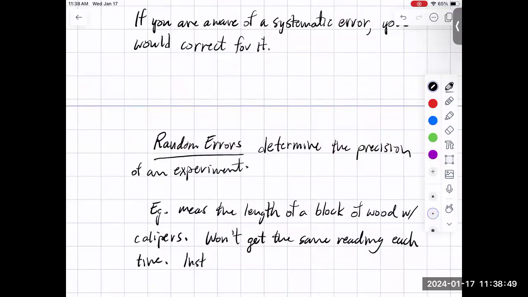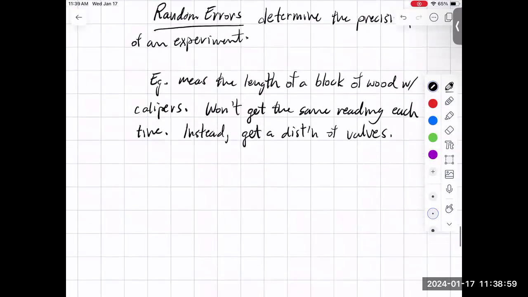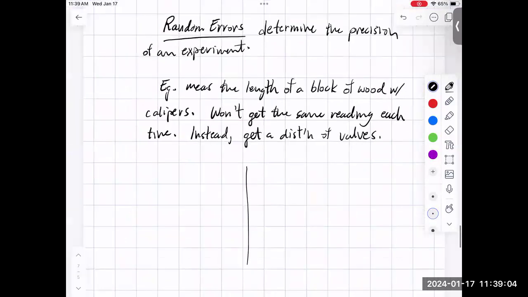We instead get a distribution of values. And we can plot that distribution of values as a histogram. And if you take a very large number of measurements, that histogram will look like a normal distribution or a bell curve. And so it would look something like this,